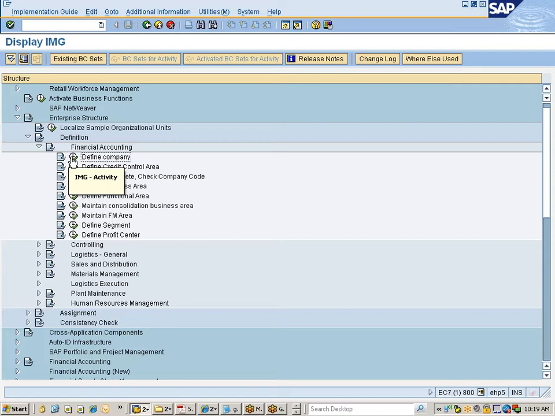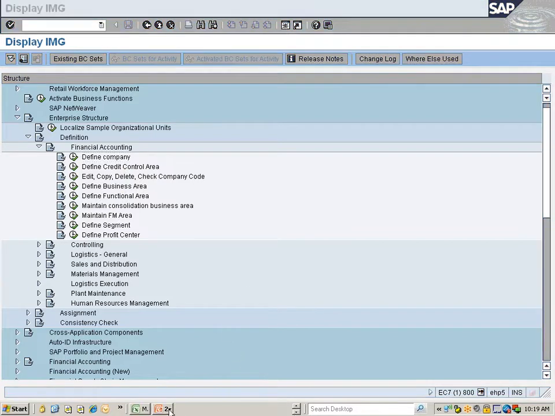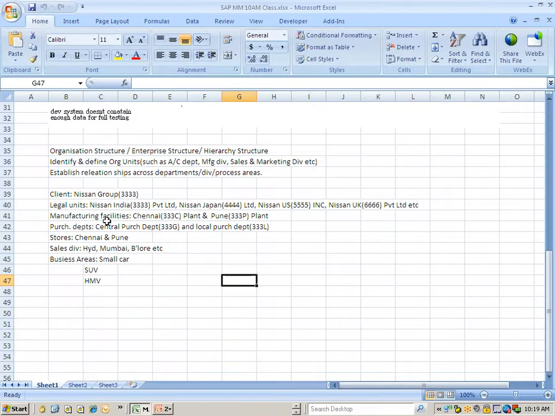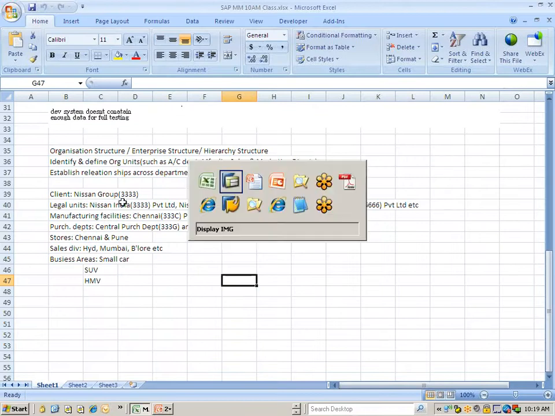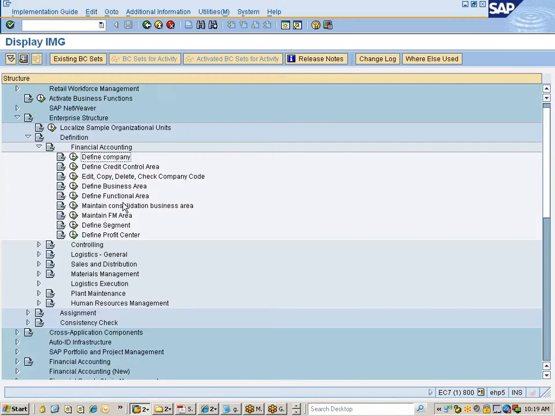You see here, a company in SAP terminology is a brand in the physical sense. Okay, so now what we have decided, we thought of setting up Nissan, right? So this Nissan group is called a company in SAP terminology. Now wherever you see this timer icon, this is called execute. So when you go with this,